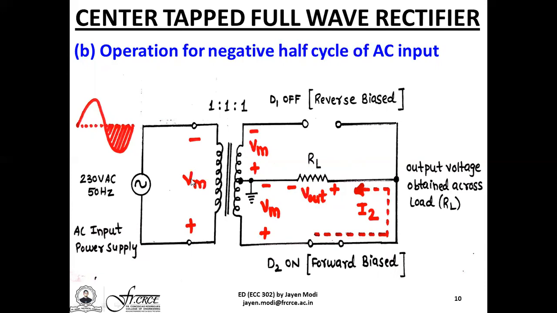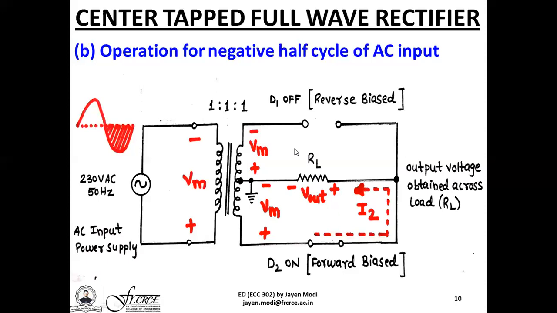Second thing that makes the center tap full wave rectifier circuit slightly complicated is the use of the center tap transformer. Although ideally the case would be using a 1 is to 1 is to 1 configuration, it is technically very difficult to have the center tapped at the exact center of the windings. If there is a slight mismatch for the center tap, the upper half or the lower half, the voltages available will be totally different. So the output voltage which you get during both the half cycles may not be of the exact same amplitude.